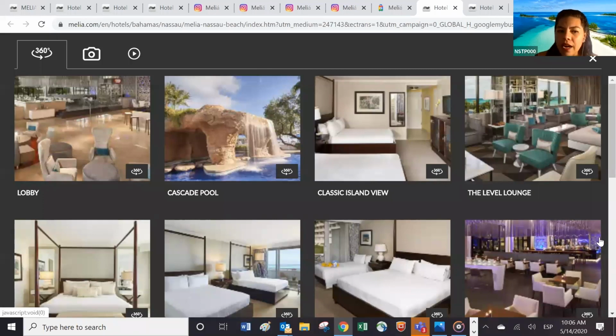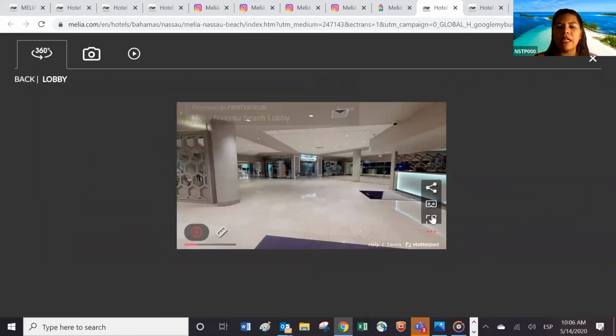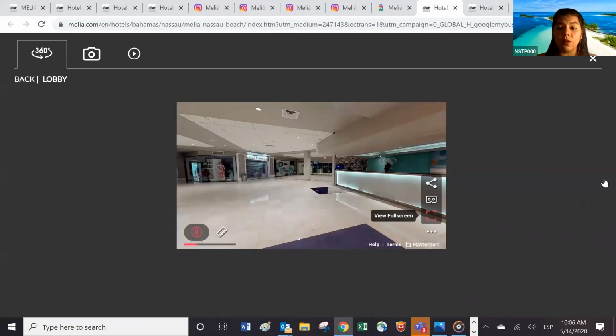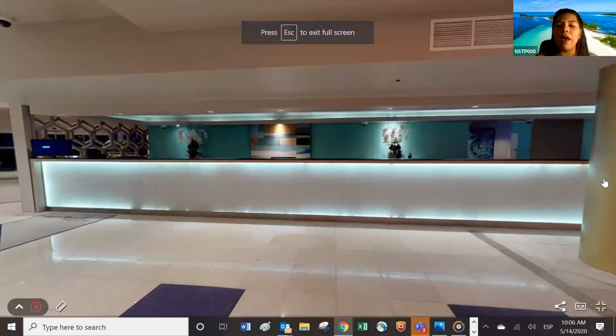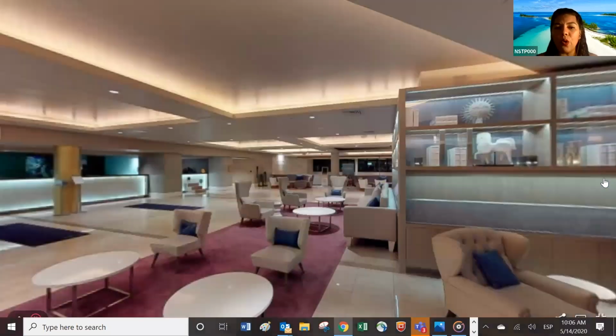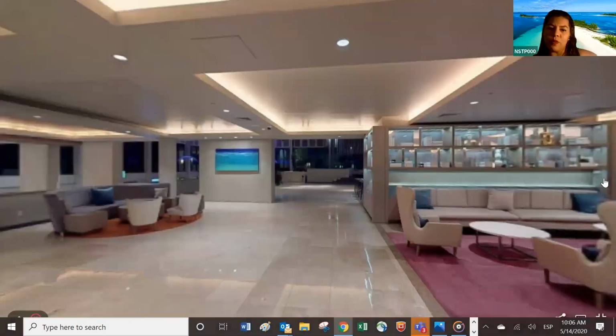I'm going to start by showing you our lobby area. Let me tell you a little bit of the story of this hotel. The hotel has been in the destination for a little more than 30 years. However, it was about 6 years ago that Meliá, as a brand, took it over, and Meliá did refurbishment in